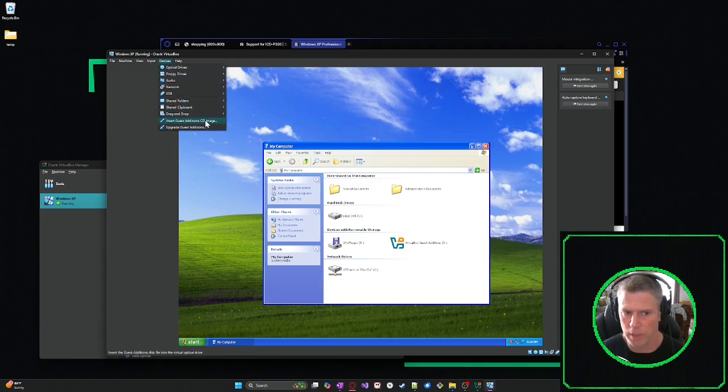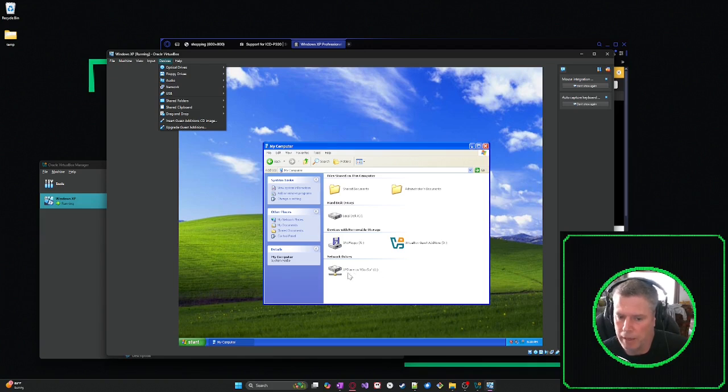And what's really nice is you can just insert this Guest Edition CD image. Once you insert that and choose this option off of the Oracle VirtualBox, it will go ahead and install it for you, because prior to doing that, I had some issues. I wasn't able to get this XP share seen, but I said go ahead and mount it on the X